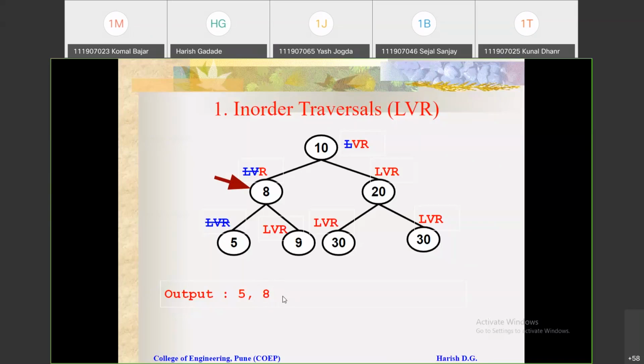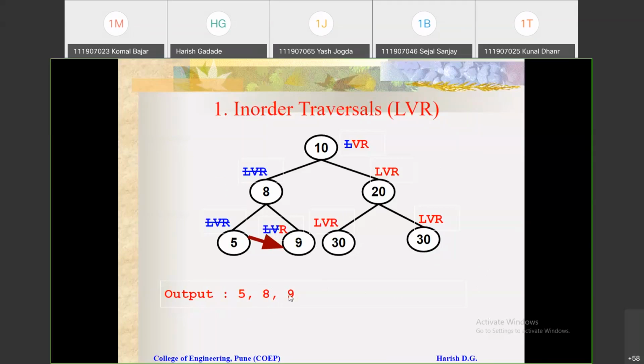You can see this. Now the next step is move towards right. So I'll just complete this step and travel the pointer to the 9. You can see here these three steps are completed and the pointer is at the right subtree of this 8. So it is at 9, right? Again, that 9 has three steps. First we need to move left, but there is no left. So simply complete this. The next step is visit that 9, so you need to print that 9. So we have printed it, right?